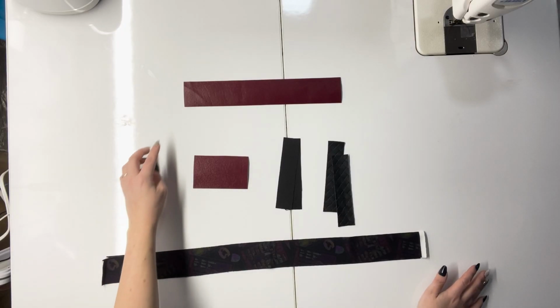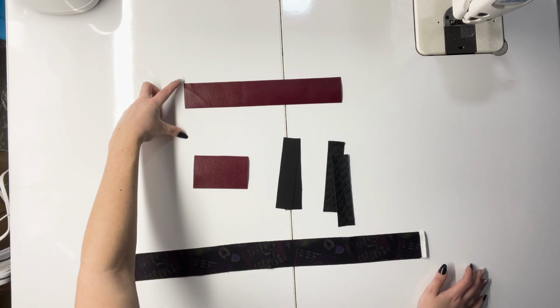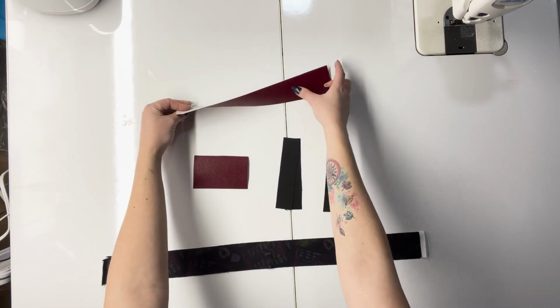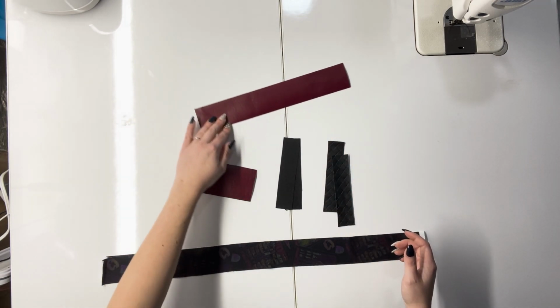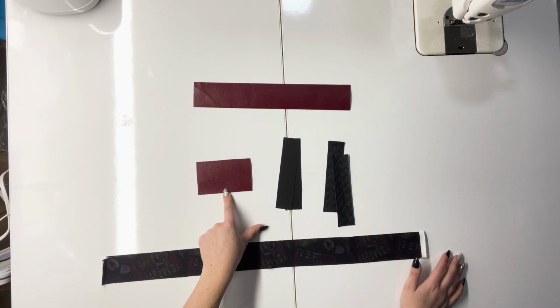Other cuts that you're going to need are cuts for your D-rings. I do have this cut 2 inches shorter than the width they suggest in the pattern since I am using a vinyl and it gets a little too bulky when I do it the full length that pattern piece is for. I also have a cut for the accent for the grab